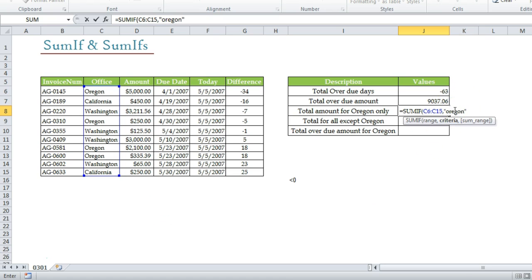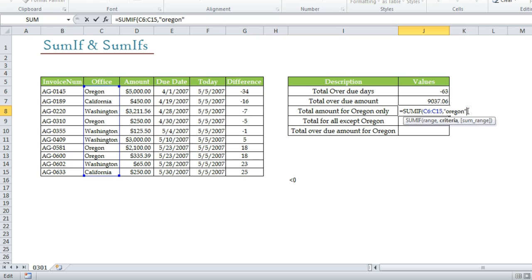You can put it in capital letters, small letters, proper case, in any way, but you should remember that the spelling should be correct. There should not be any spaces, nothing. And sometimes I have seen that people write equal to Oregon like this. I'll show you. Equal to Oregon. Now this equal to symbol is not required. It will give you the result like this also.